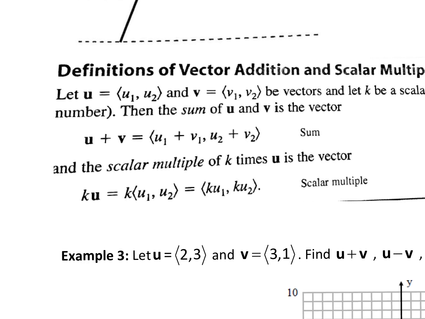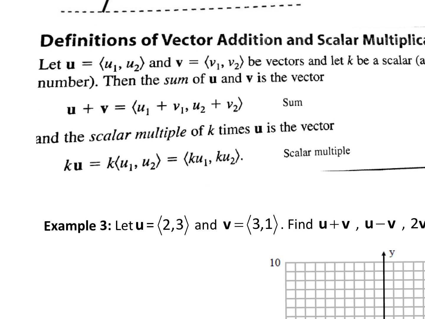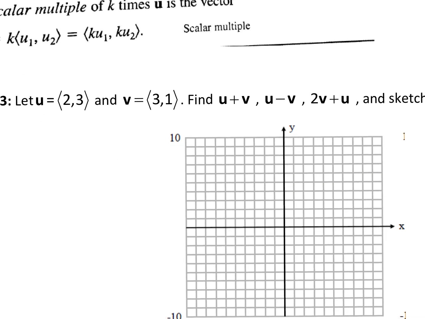So vector addition is quite simple. All you're doing is adding the x components and adding the y components. And if we're scaling it like this, all you're doing is taking that scalar k and multiplying it by the component vector, the x value and the y value. You're just taking that scalar and multiplying it by both of them. That's it. Okay, so you're going to maybe do a couple of these